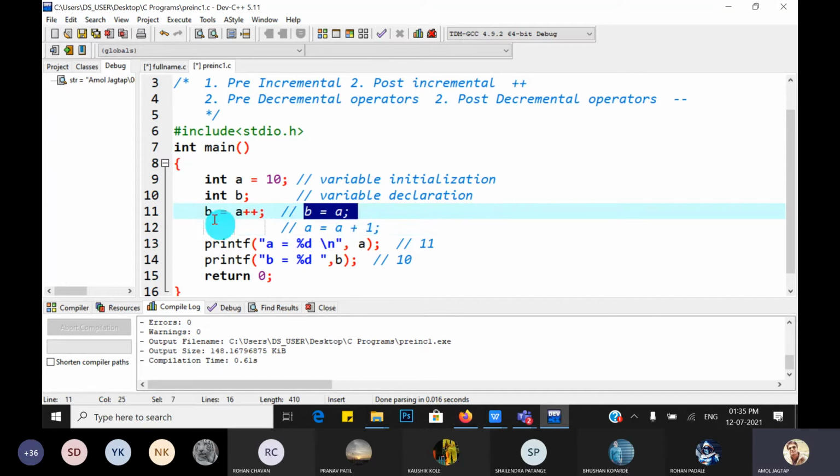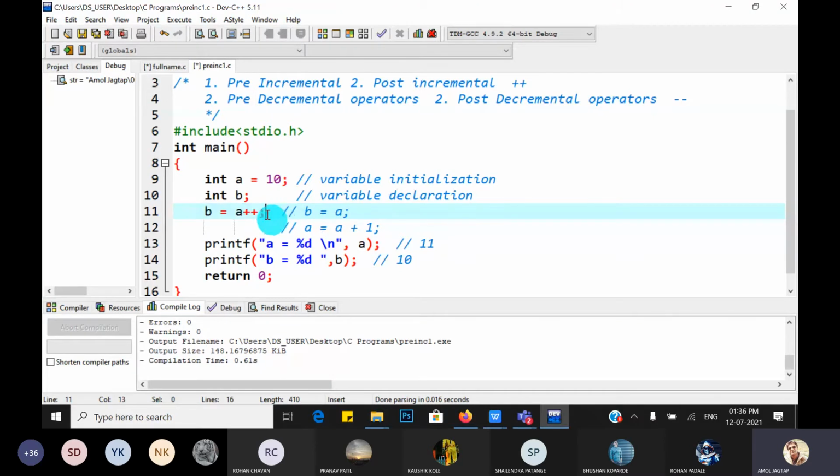Guys, understood? So this is called shorthand notations. We want to expand these shorthand notations, and expansion of the shorthand notation is done by the preprocessor. Who expands the shorthand notation in your C language? Preprocessor.